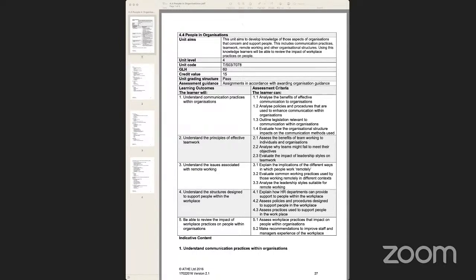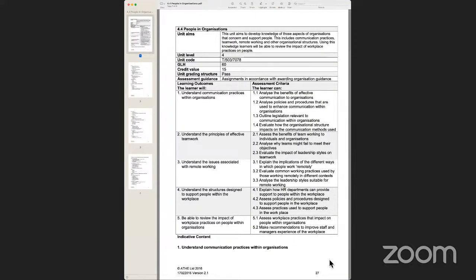That's great. So basically, we've got the recording now on, and for those of you who have joined, thanks for joining in. Today, we are looking at starting the People in Organization unit. This is going to be one of the first units that you're going to study in the Level 4 Extended Diploma in Management for Health and Social Care. My name is Ramanjeet Singh, and I'm going to be your tutor for this particular unit.